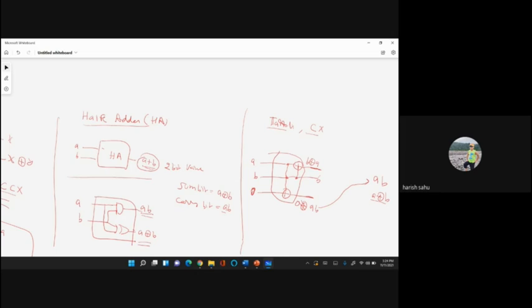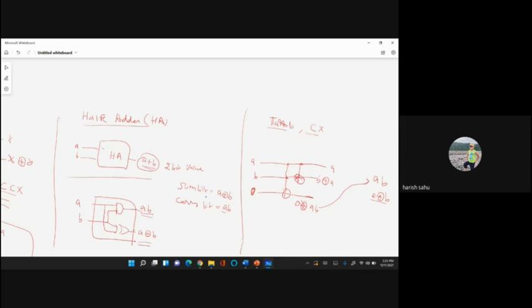And if you are aware that quantum circuits are reversible. Sir, by chance, if I make B as control, is that also possible? Yeah, sure. But depending upon what is control and target, now it will be B XOR A and it will remain A. It is A XOR B and A will remain constant. A will not change.